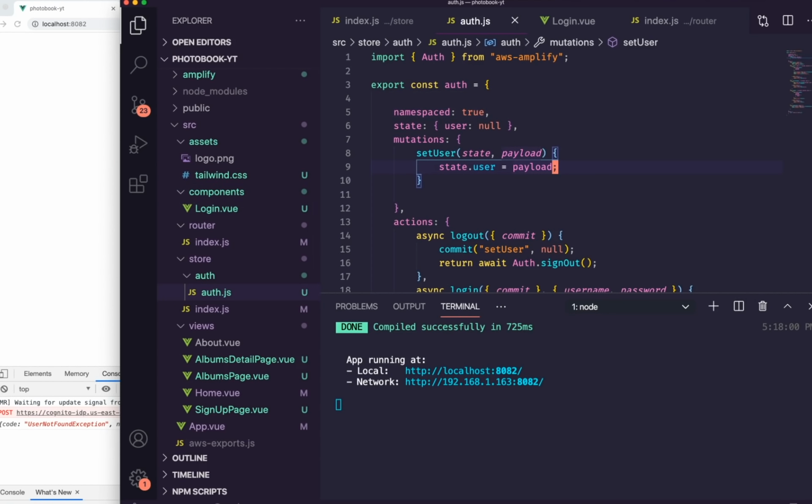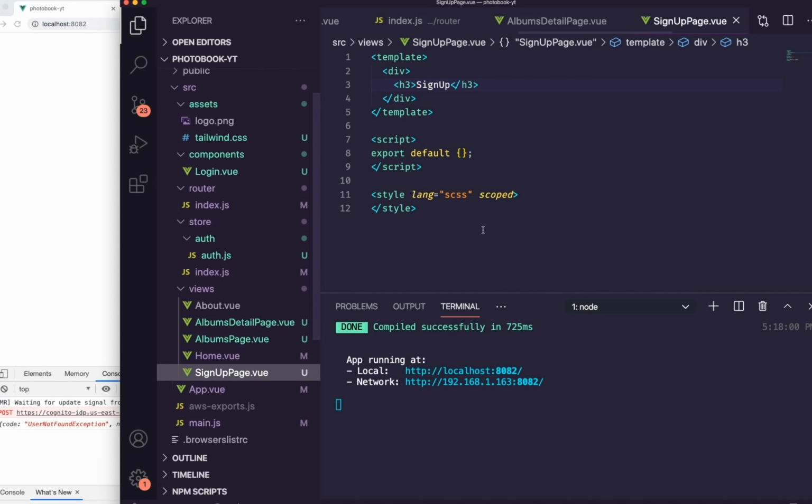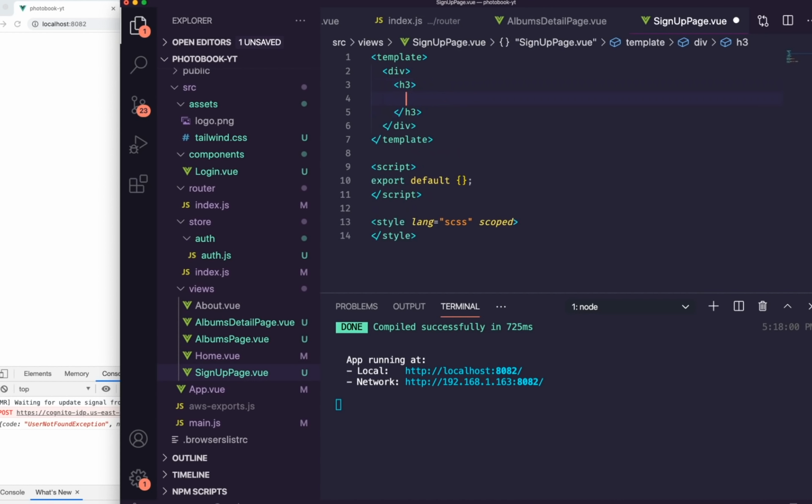But now we need to have a way to create the sign up page and also some navigation stuff. So we created a sign up page view. Now I could create a separate component, but I'm just going to put all the information in here for this sign up component. And so let's start with the export default here. And I'm going to have a data object. And so for this one,